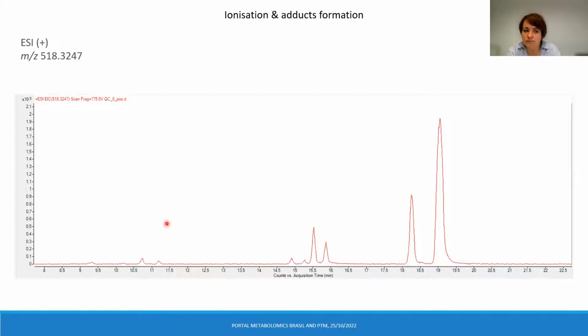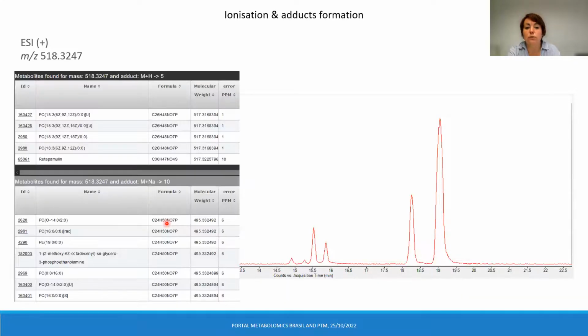Here it's one MZ, 518, measured in the positive ion mode. I looked into some candidates in the databases, and what I found is that it might be either, if we consider that this is a protonated ion, some phosphocholines, or if we consider that it's a sodiated form, then there must be some phosphocholines or phosphoethanolamines. Both candidates are equally possible, because we already know that phosphocholines can be ionized with sodium. So how to approach this? How to check what are our possible candidates?